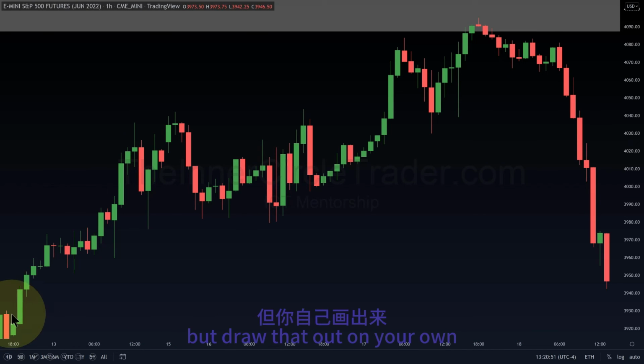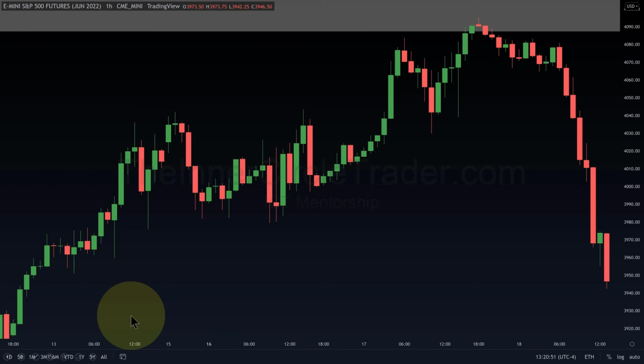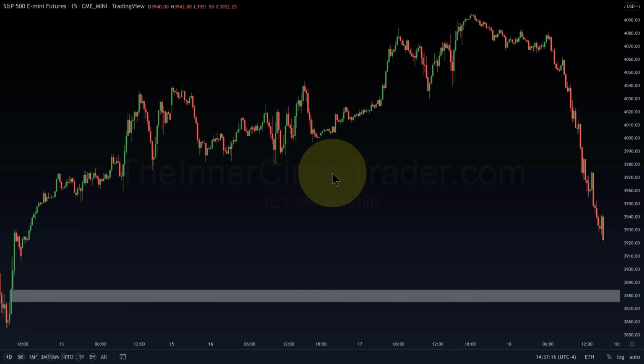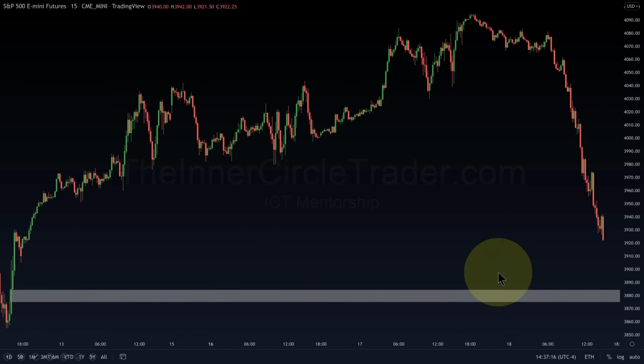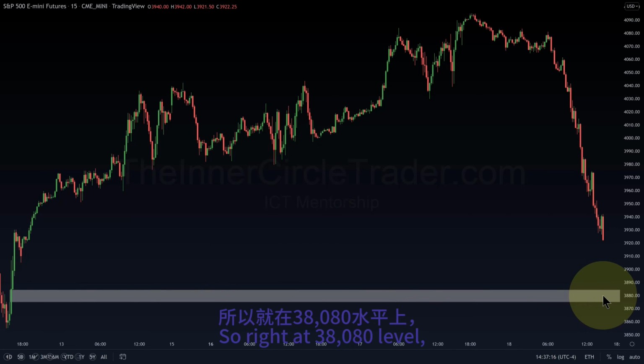And there's this small little imbalance right in here that I'm going to refine even further on the 15-minute time frame, but draw that out on your own with an order block. So we might get a little bit of bounce there in the 15-minute time frame here. Here's that imbalance. It's been refined on the 15-minute time frame. So around that 3880 level,